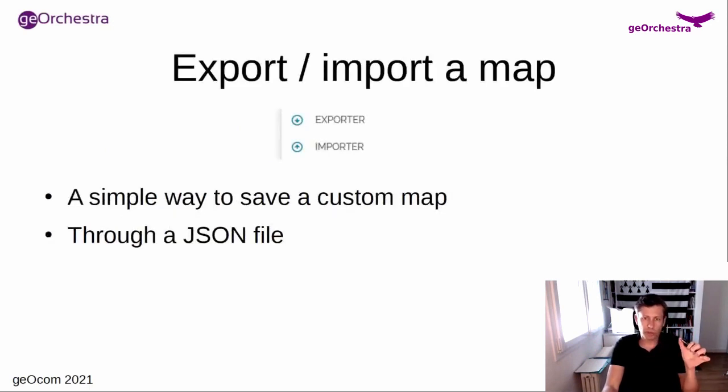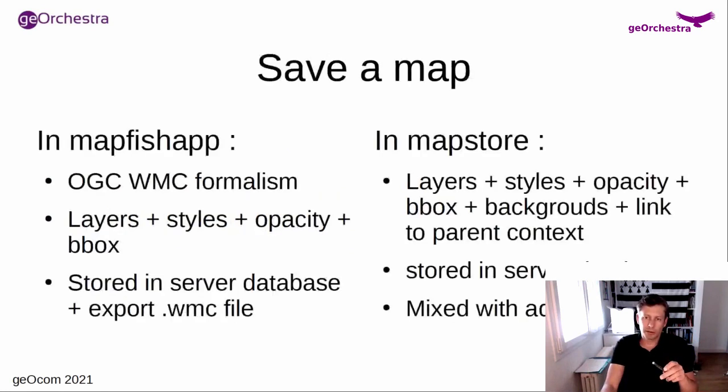Functionality to export or import a map. These two functionalities, import and export, are a very simple way to save custom maps in a MapStore JSON syntax file. You could export or import WMC2 in a way to manage compatibility with MapFish app. But the save the map functionality is